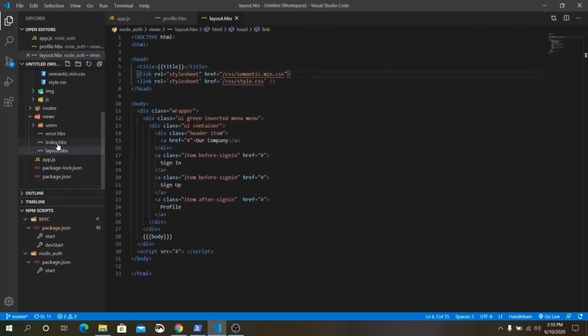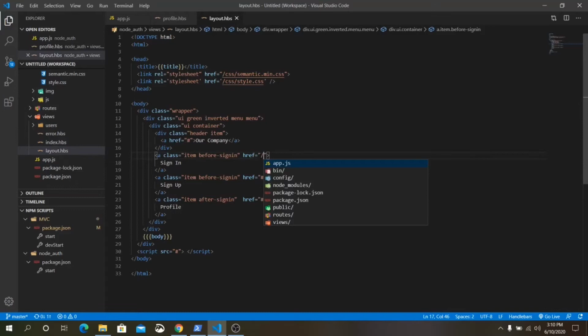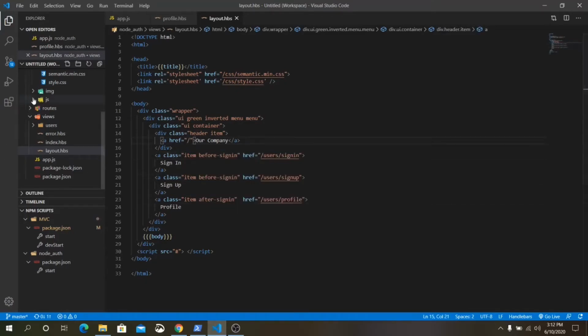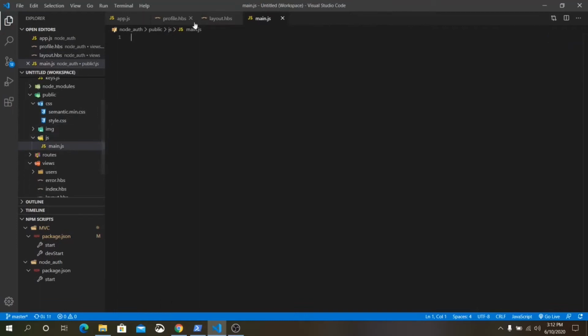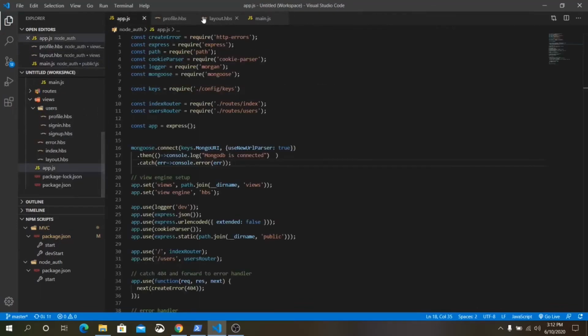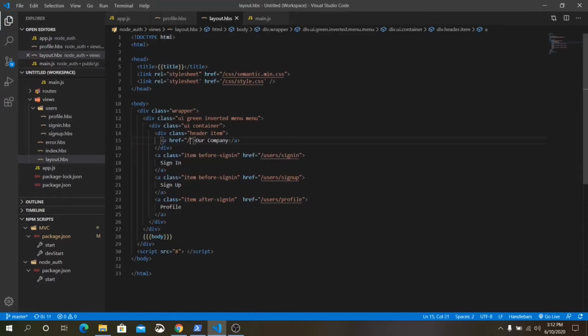Go to this layout. From here, when you click on this sign in page, it should go to the sign in. Just /users/signin. That will need a little bit of vanilla JavaScript, main.js. From here in layout, just write /js